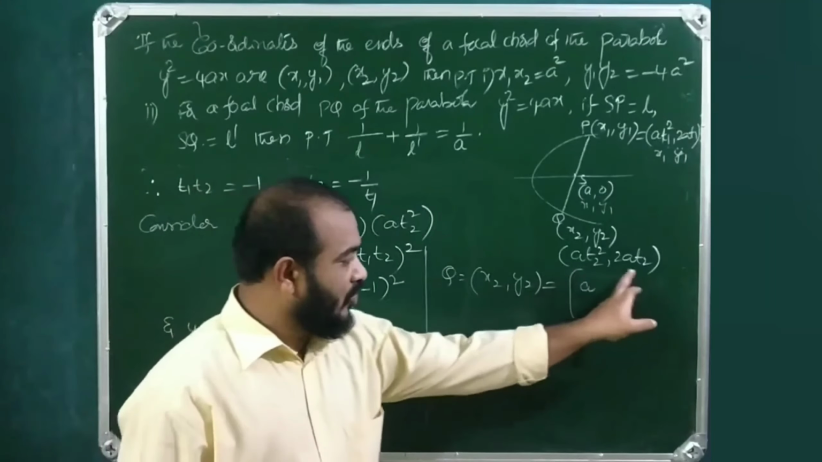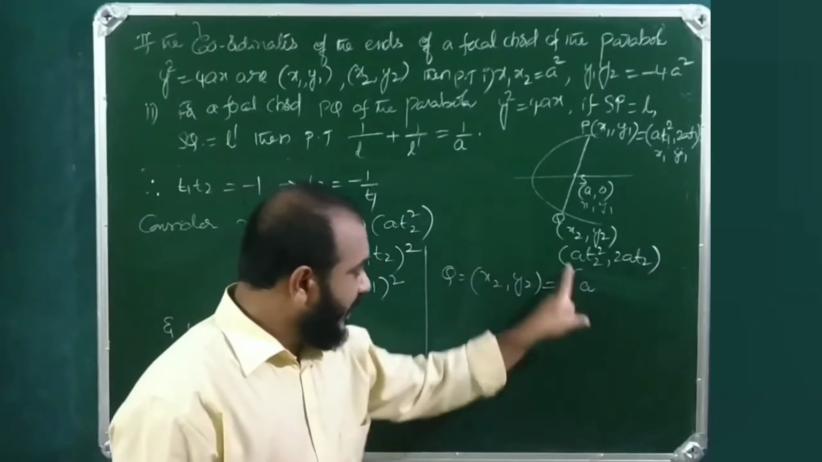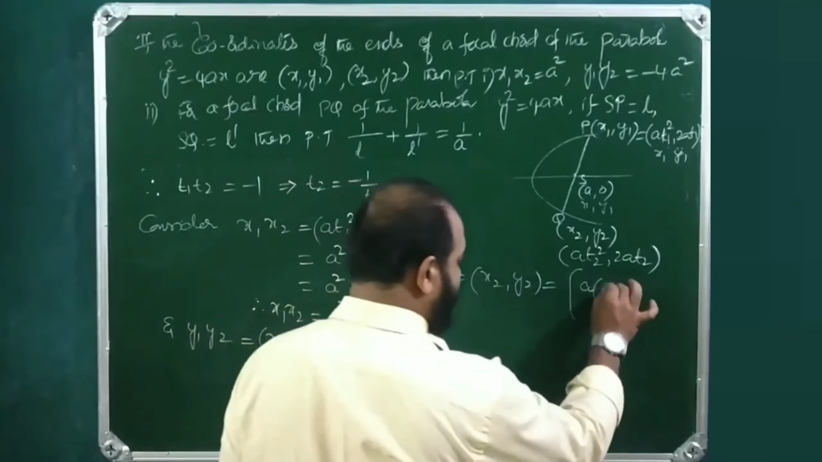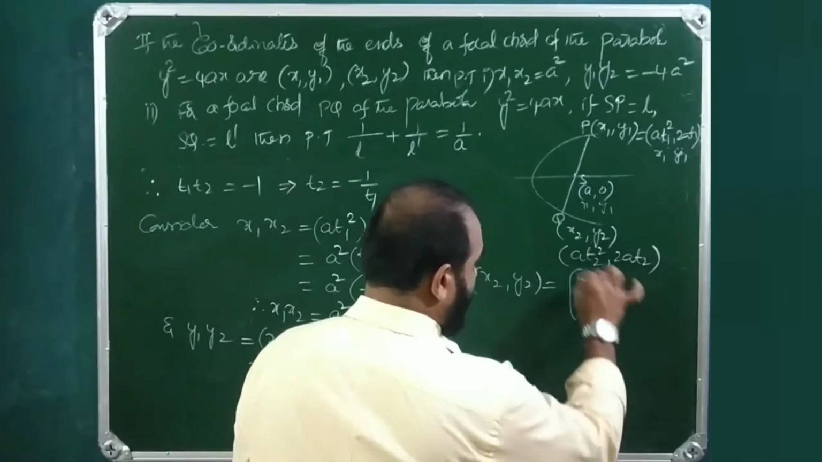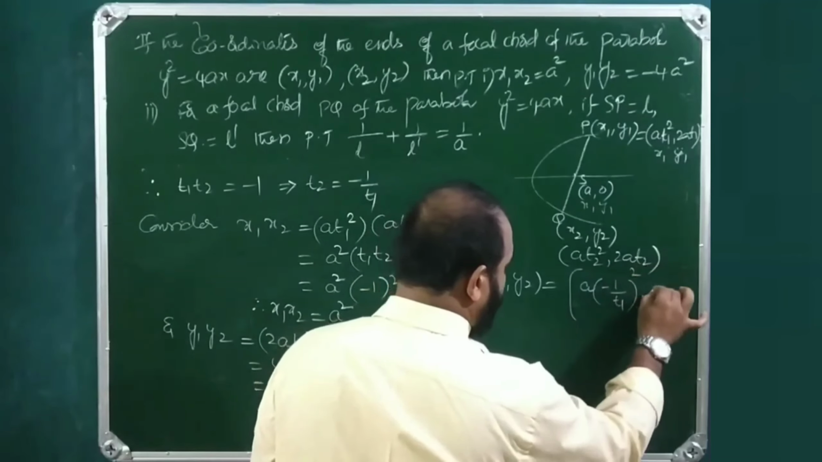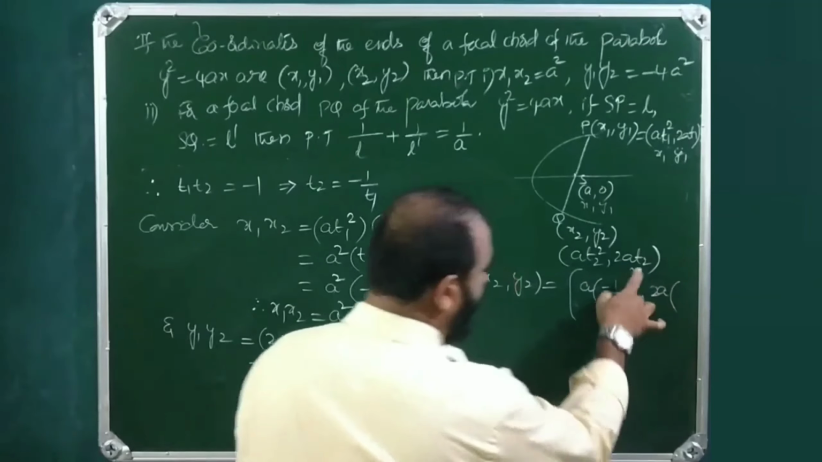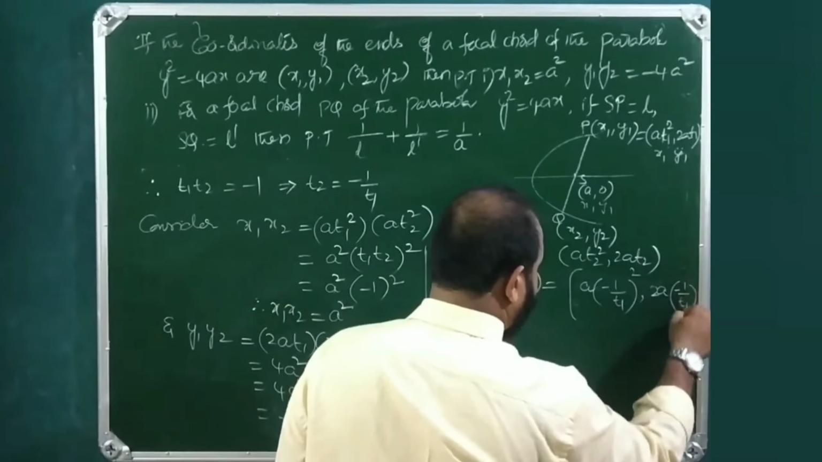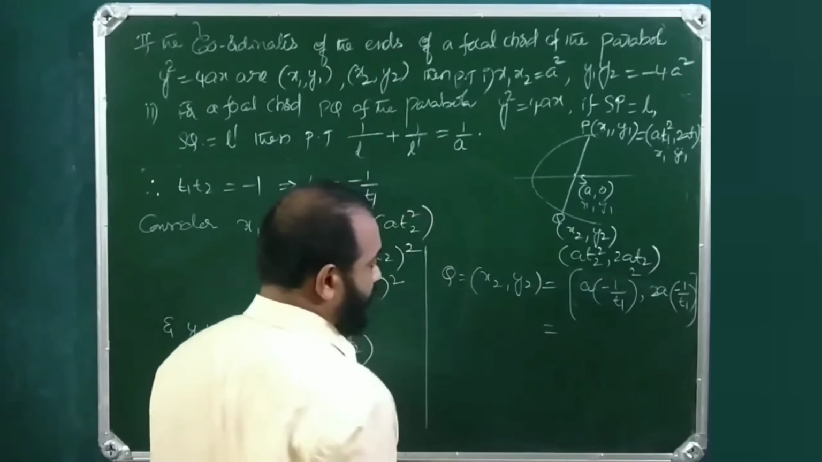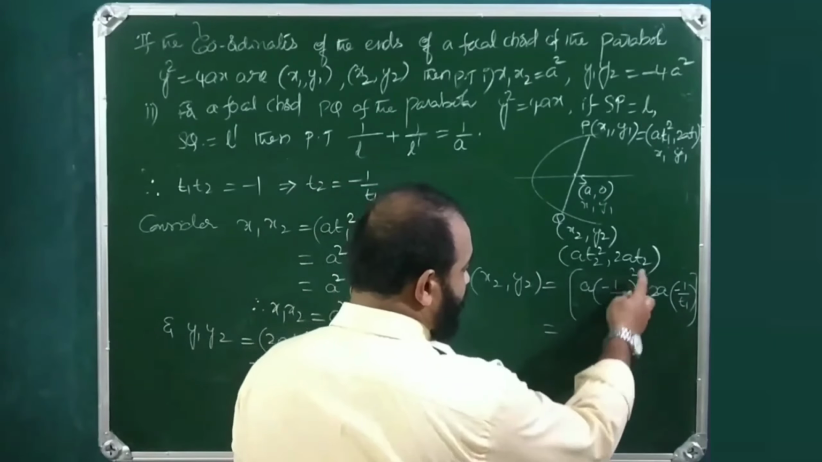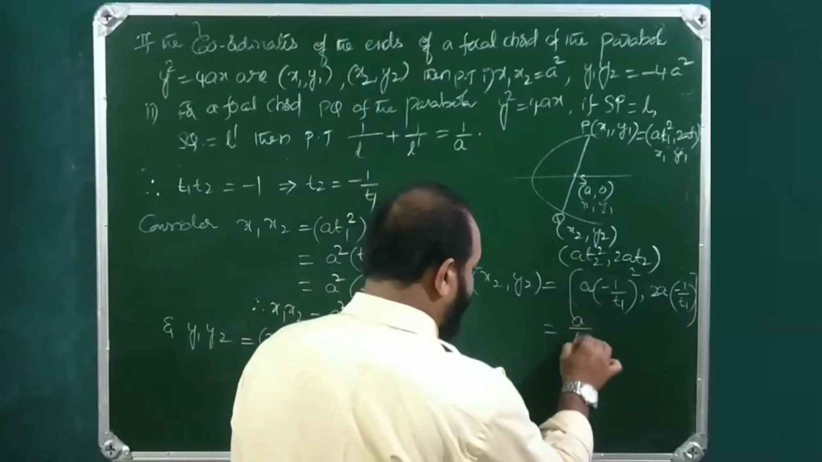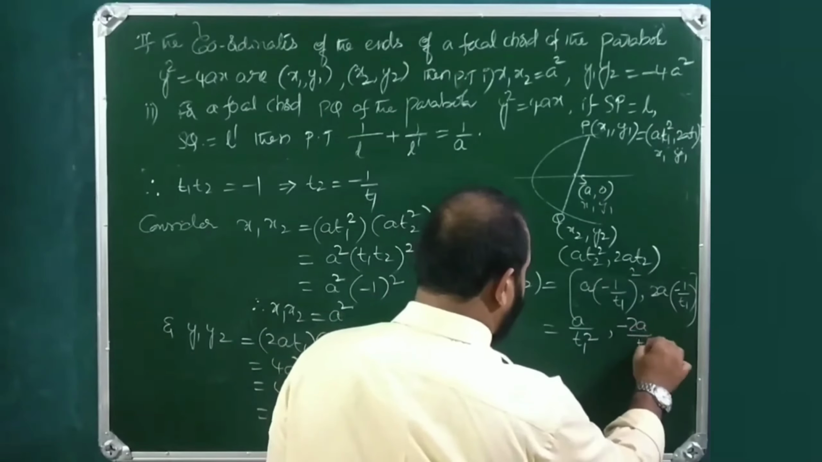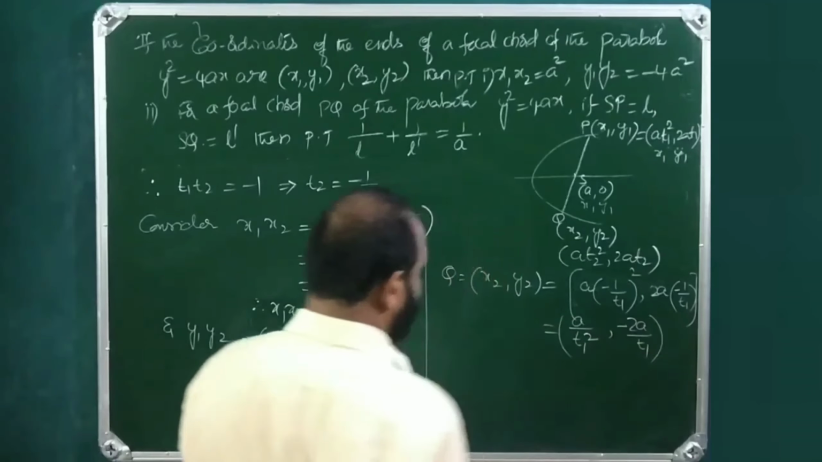x2, y2 is a t2 square, 2a t2. So a t2 is minus 1 by t1. So minus 1 by t1 whole square, comma, 2a t2 value is minus 1 by t1. This is equal to a by t1 square, comma, minus 2a by t1. That means